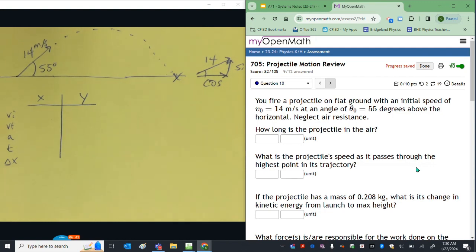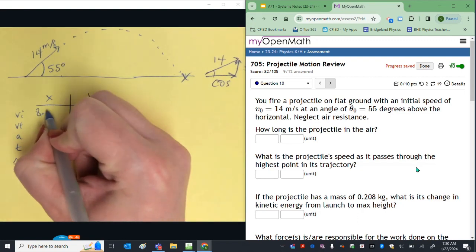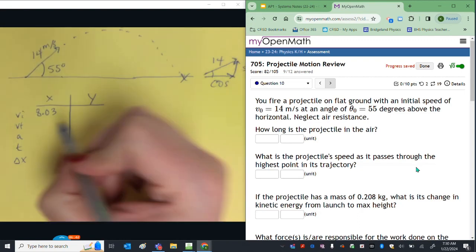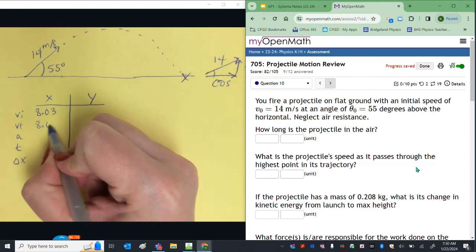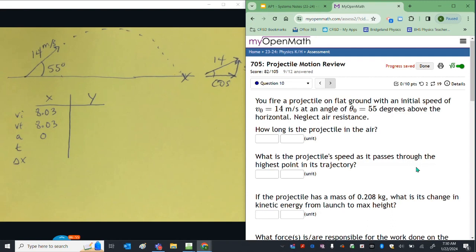Again, make sure you're in degree mode. That's going to give me the x component, which is 8.03. Again, horizontally, it doesn't change. It will be the same the whole time. There's no acceleration horizontally. Vertically,